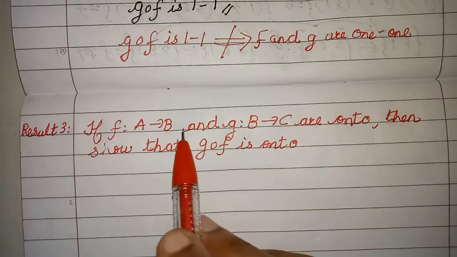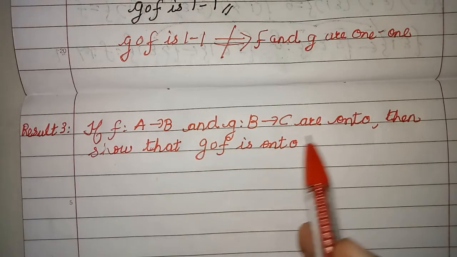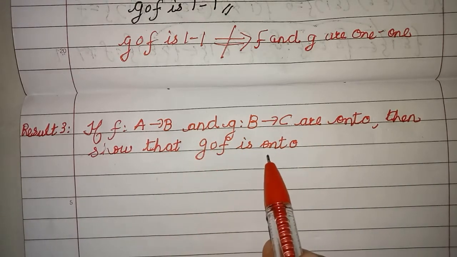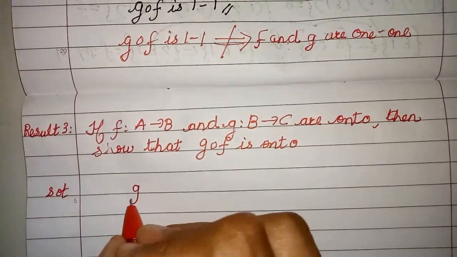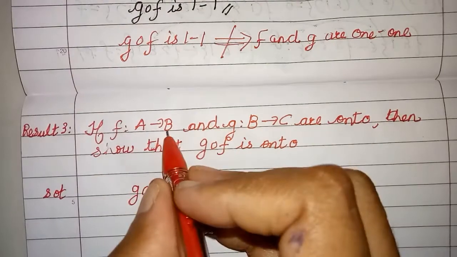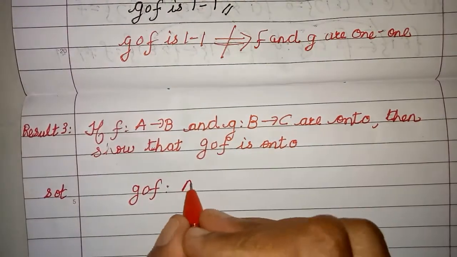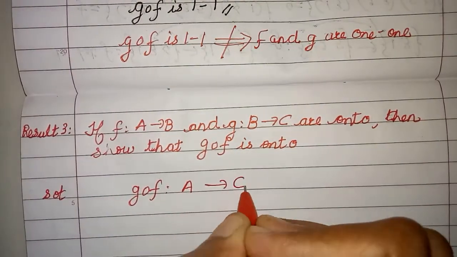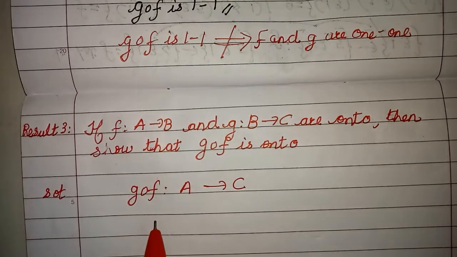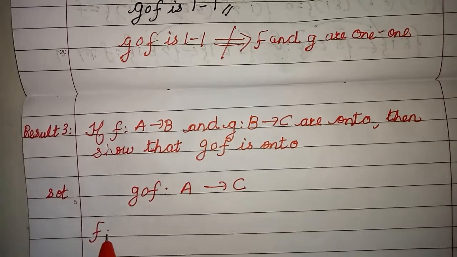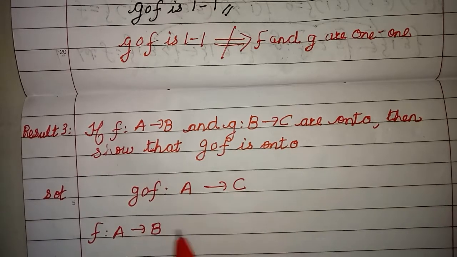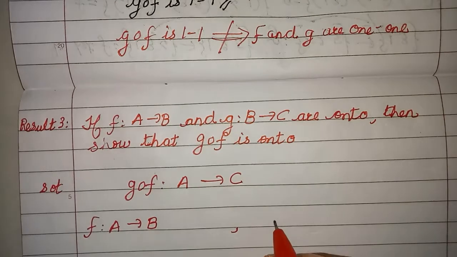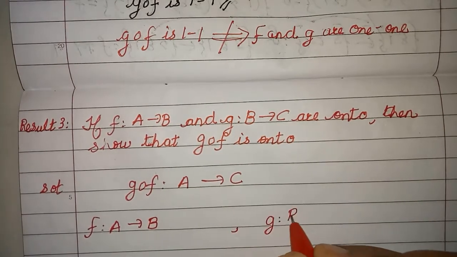So here the other way around, we have asked: f and g are onto. Then what can you say about g composite f? Let's start with the definition. Now g composite f is possible because, as I said, the codomain and the domain are the same. So I will have it from A to C. Let me apply the definition of onto for A to B, and I have to apply the definition of onto on B to C.